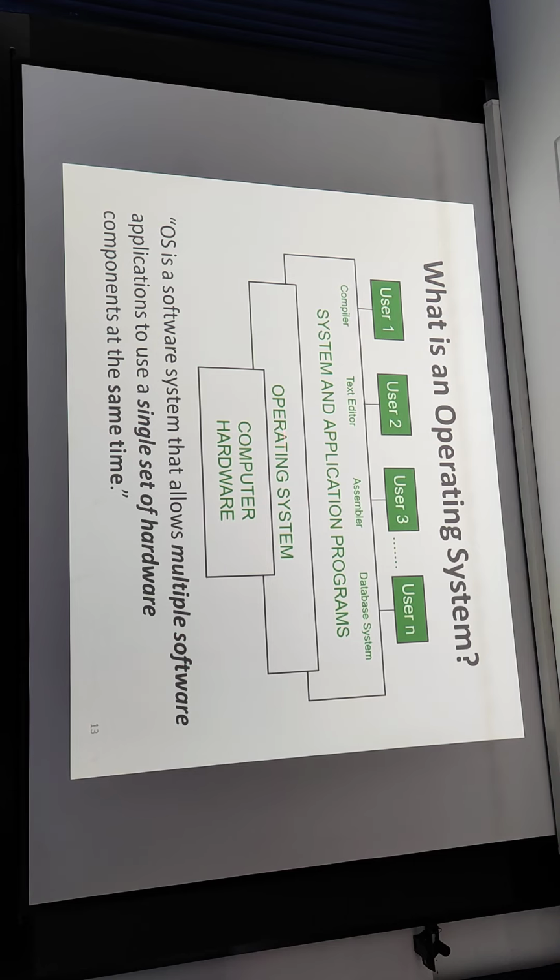They use the kernel, the set of programs that serve the main purposes, and ask the kernel to do the job. So that's why the operating system lets users use the hardware components more effectively. The resources are shared among different programs.